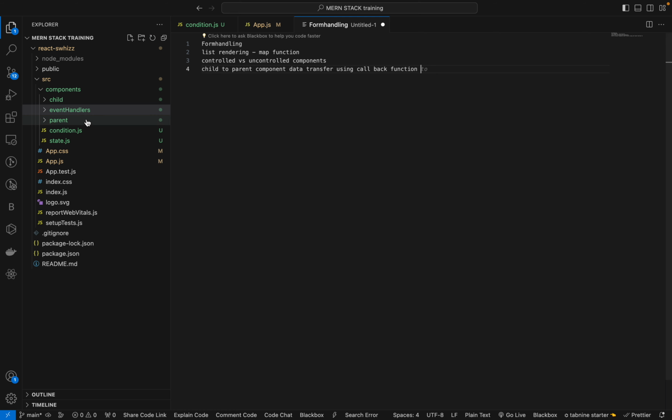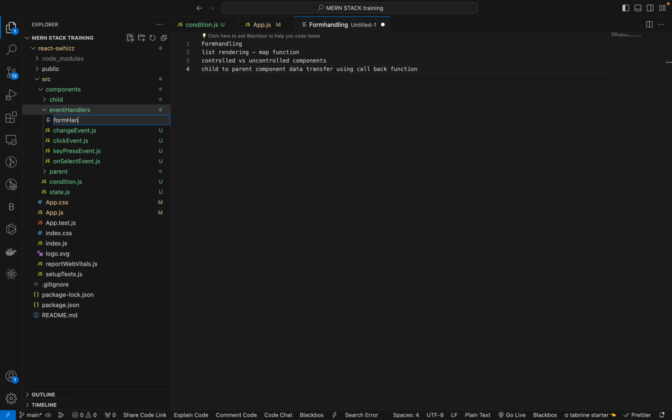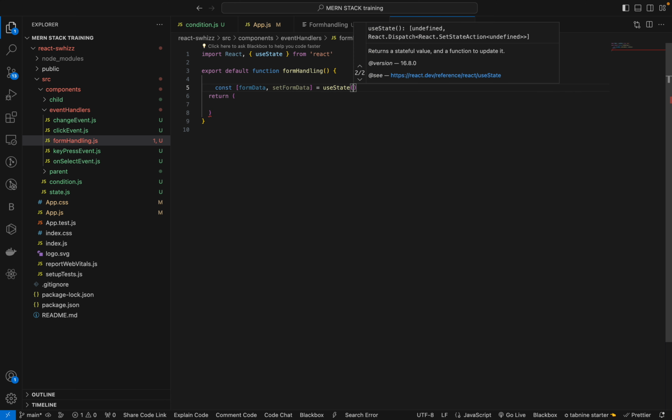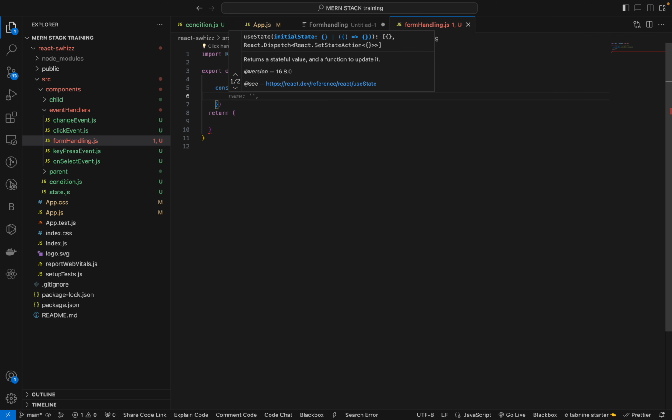So first of all, let's create a component with the name formhandling.js. Okay, so RFC and importing React. For now, whatever data we need, a state constant: form data, comma, set form data, equal to useState with an empty object, where in this object I will write